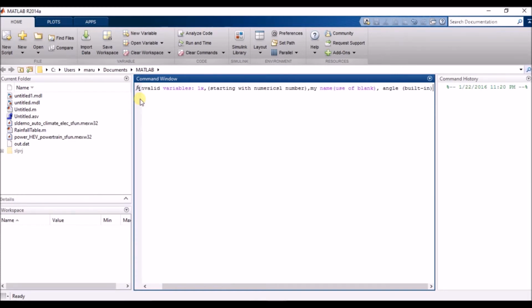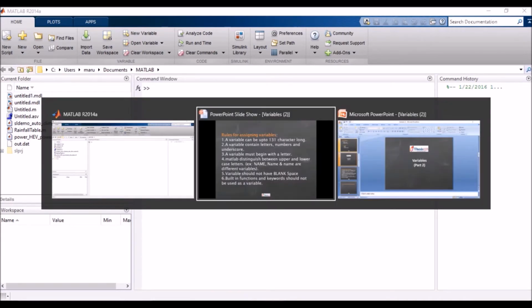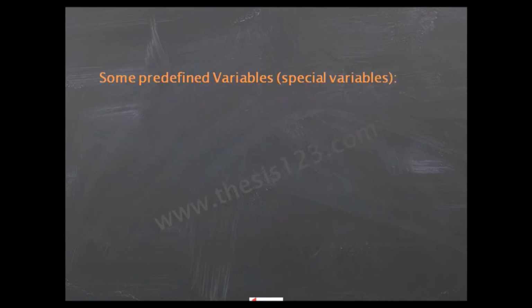Now we will see some predefined variables, that is nothing but special variables. Some special variables we can see within the MATLAB software. Here some of the frequently used variables are predefined in MATLAB. These are known as special variables and should not be used by the user.